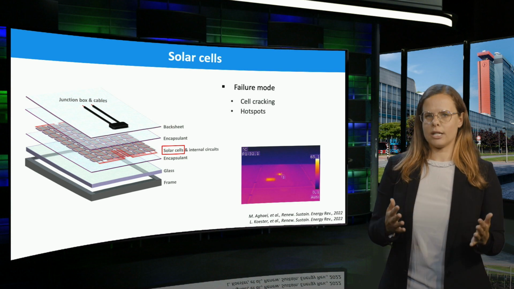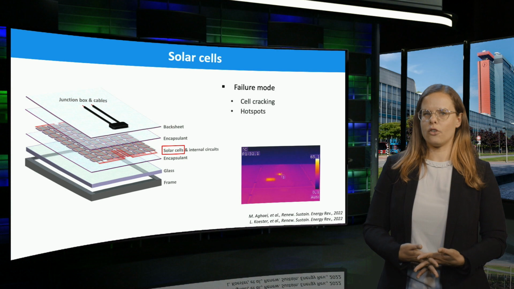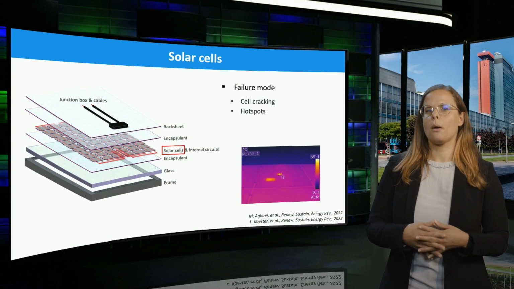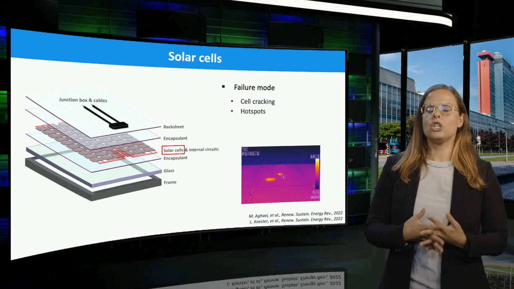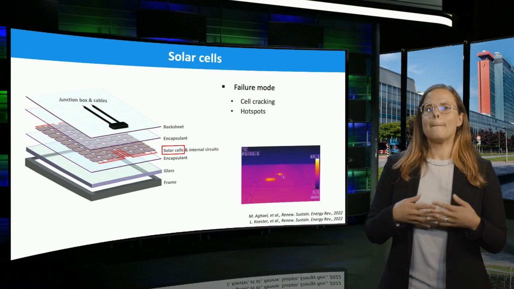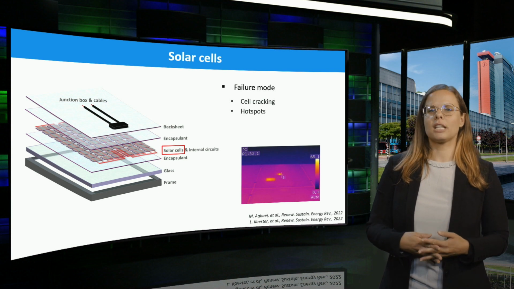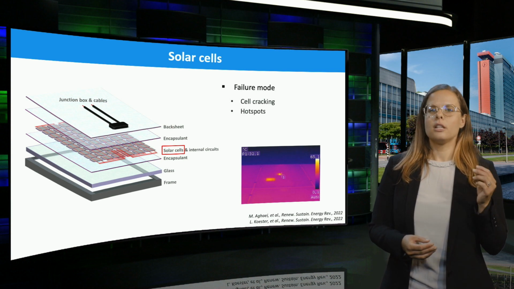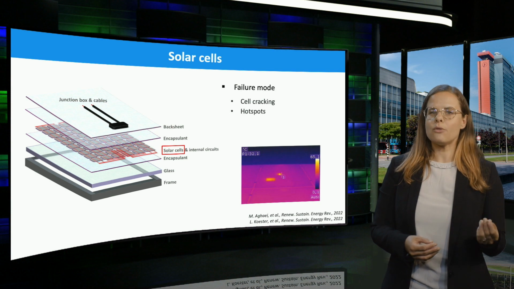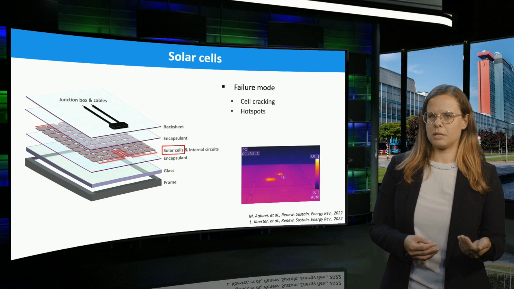Although you always need to prevent cell cracking, it does not automatically result in lower module output power. Namely, the different cracked parts of a cell can operate in parallel and deliver the same output as a cell that is not broken. A second failure mode is hotspots. Hotspots are areas that reach elevated temperature caused by high reverse currents in local shunt paths. They can usually occur in areas with partial shading, for example, material dropped on the module or by soiling. Hotspots can potentially cause severe module degradation and accelerate the formation and propagation of other failure mechanisms.